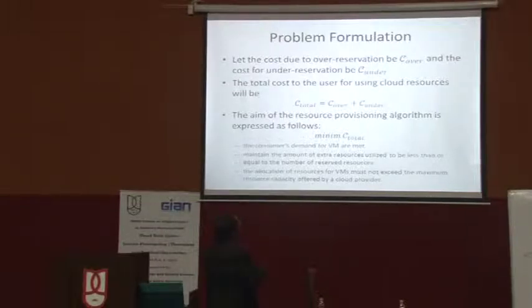So if you look at this, the cost for over-reservation is C over, and the cost for under-reservation is C under. Now the total cost to the customer is C over plus C under. And now the aim of the resource provisioning algorithm that we are developing is to minimize C total,